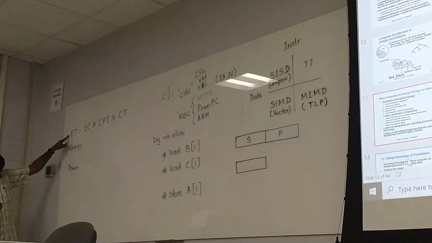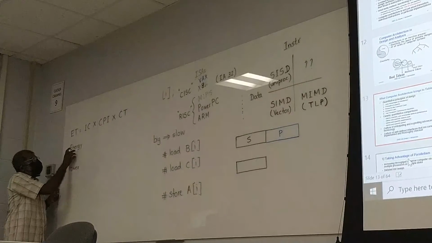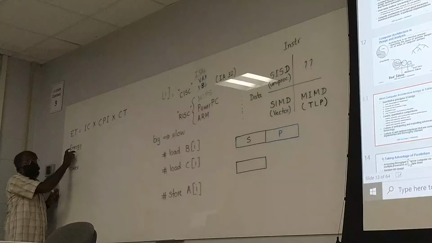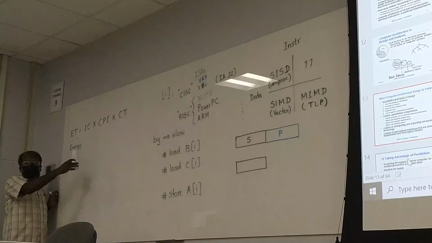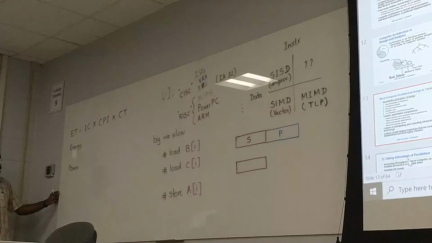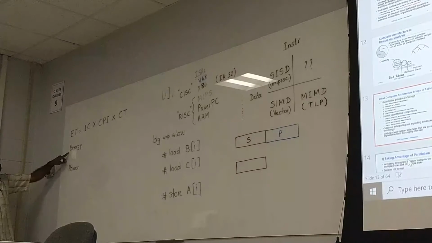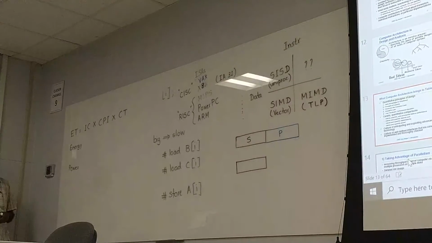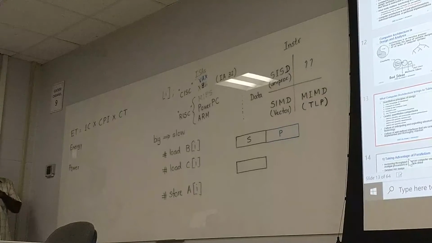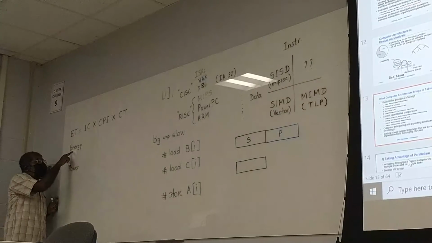So we talk about execution time for a program. Similarly, how much energy is consumed to execute a program? If more energy is consumed, then the battery drains faster, etc. Power is related to energy. Power is energy consumed in unit time. Generally, this is just very general. In battery operated devices, we are more concerned with energy